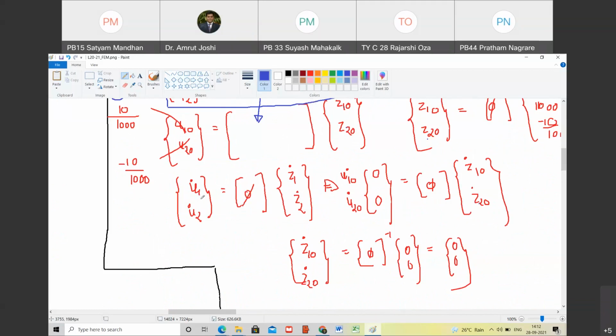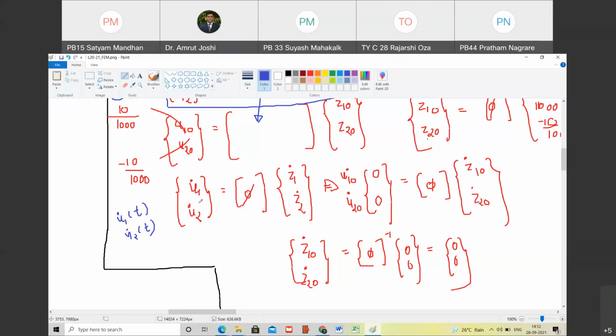Okay, great. Now you have to understand that u1 dot is a function of time. Agreed? Yes, sir. u2 dot is a function of time. Similarly, z1 dot and z2 dot are functions of time. So when I write this equation, it is not written at a single time instant. It is written over the observation period. Do you agree? Yes, sir. Therefore, though it seems like you are relating u1 dot and z1 dot, u2 dot and z2 dot, in fact you are relating functions to functions.